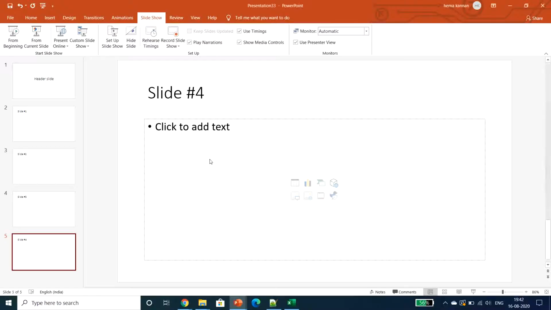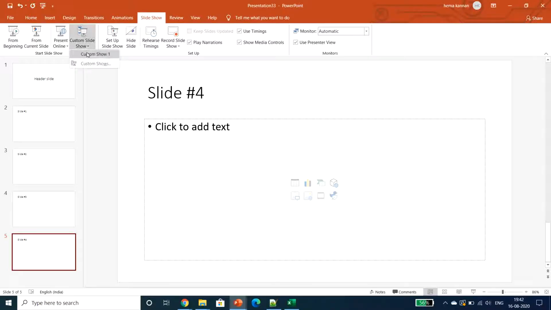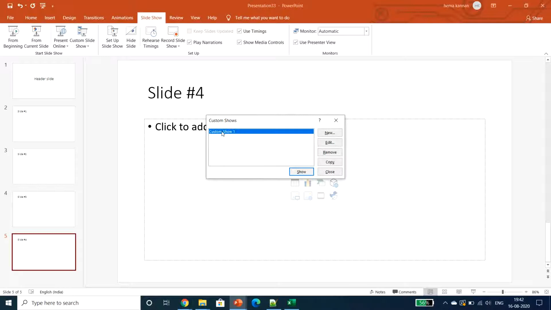Show. See, we have selected only slide number 2 and 4, right? Slide number 2, 4 and end of the show. So this is about customizing the slideshow. As you see, once I click this custom slideshow itself, it will display whatever I have customized. So again, I can create one more new custom show, or I can remove this one. I have customized some shows, right? So I can delete this, I can copy this, I can close this.